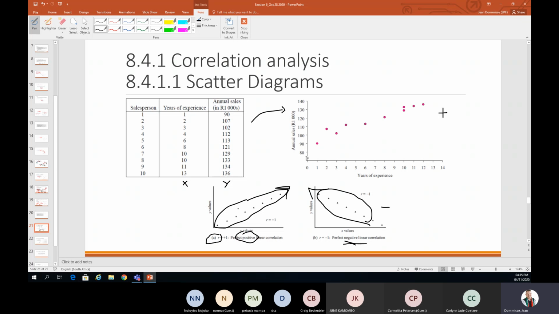So I think that is just important, that they can ask you about strong positive, weak positive. The closer the number is to 1, the stronger the correlation. The same, the closer the number is to -1, the stronger the correlation, but then it is a negative correlation. The closer the number is to 0, the weaker